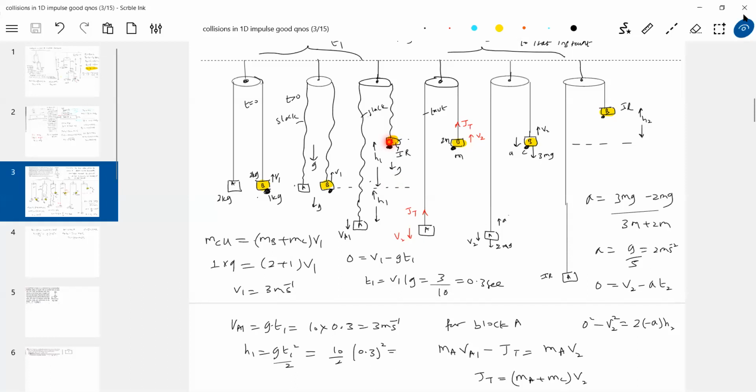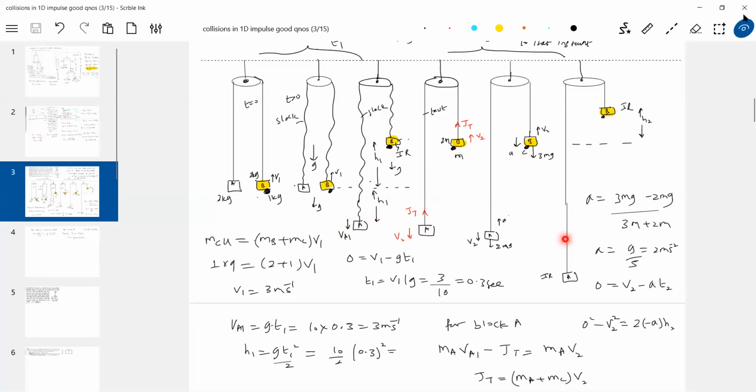It will ascend. So at this particular point, B is at instantaneous rest. And what about A? A is having kinetic energy. Suddenly the string has become taut, so again there will be a loss in energy here. Now you calculate the energy: half m_A v_A1 squared, here half m_A v_2 squared, half 3m v_2 squared. Check, this energy now will be less compared to this.